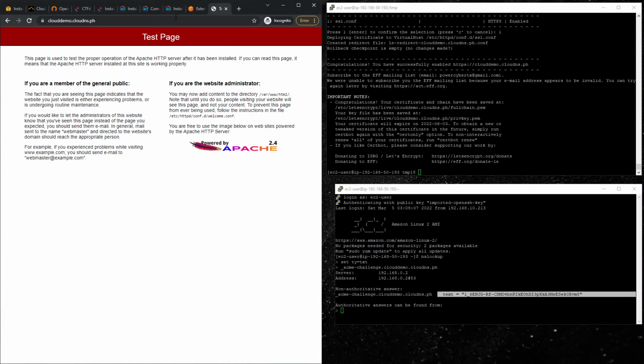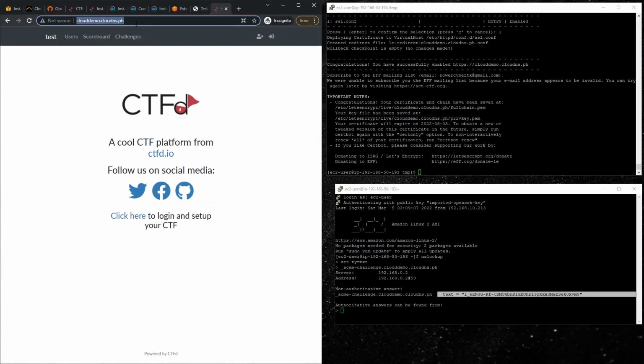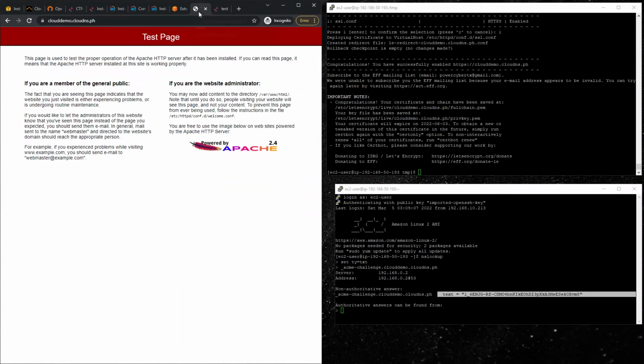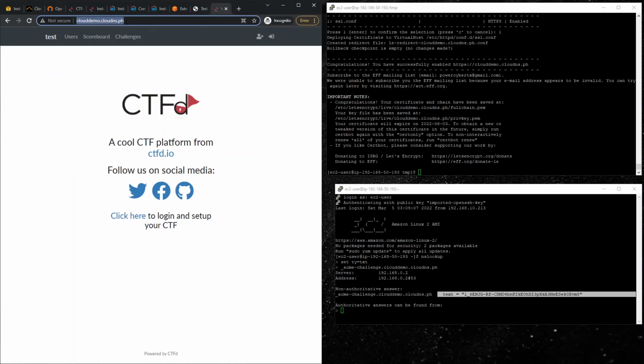Okay, so if you go to this website and you see this test page, it means that it's working correctly, and then you see that the connection is secure. But the thing is, you do not want to see this test page. You want to see this page itself. So what you need to do next is to do a reverse proxy to proxy this HTTP connection to this website. Okay, so in order to do that, we need to install mod_ssl first to allow Apache to accept